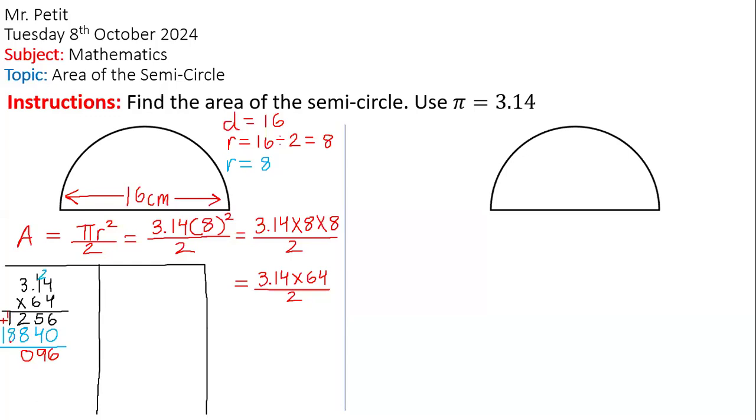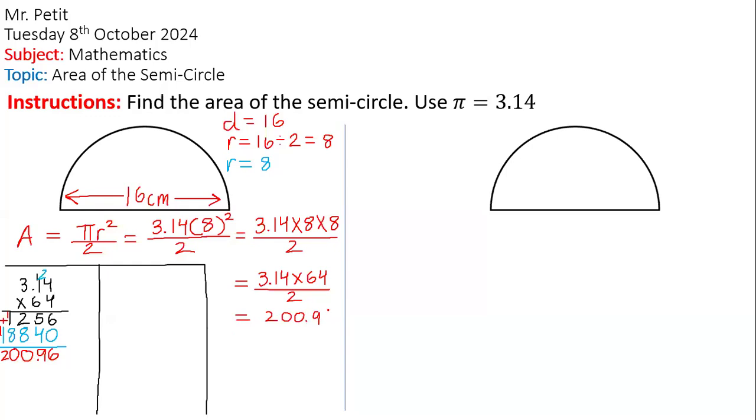And 1 plus 1 is 2. So it's 200 point what? 9, 6. 200.96, so it's going to be equal to 200.96